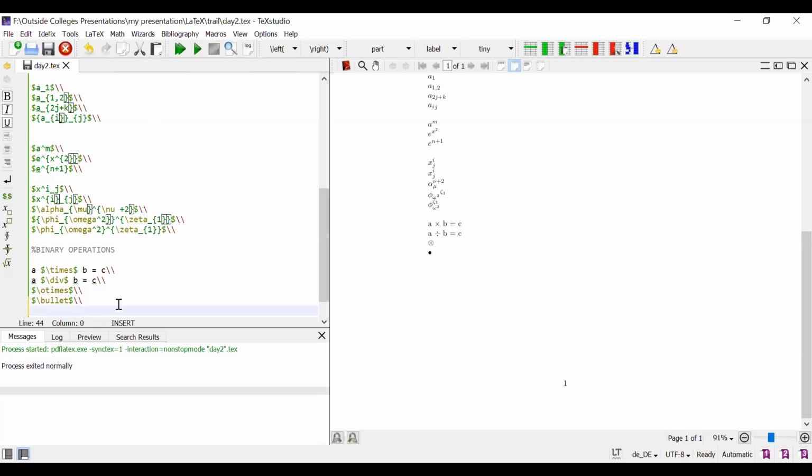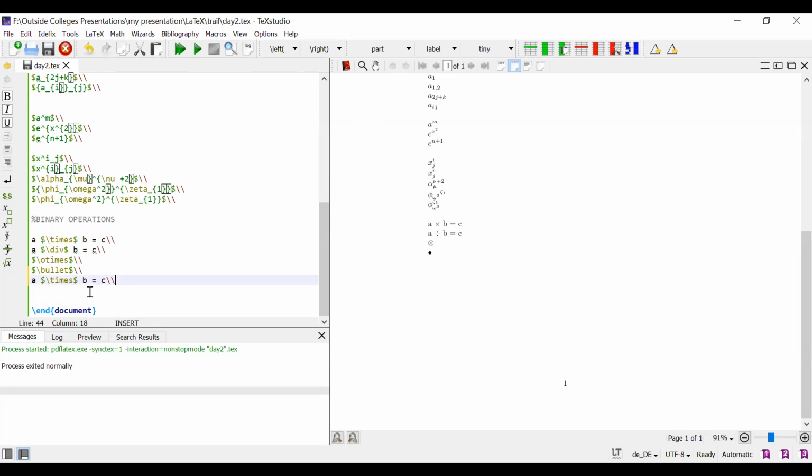Likewise, you can perform any binary operators here. Suppose you want to perform plus-minus inline, that is \pm, plus and minus in inline function.